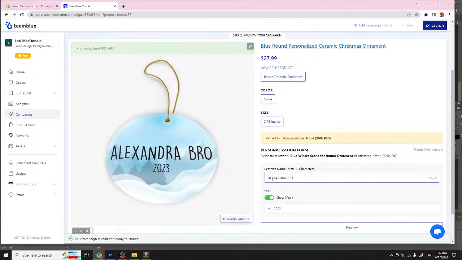So still only a max of 15 characters. White. So 20 characters, sorry. So we're up to 20 characters. It won't let you type anymore. Okay. So at the very max, if we just put in my name, Lori, the year is too